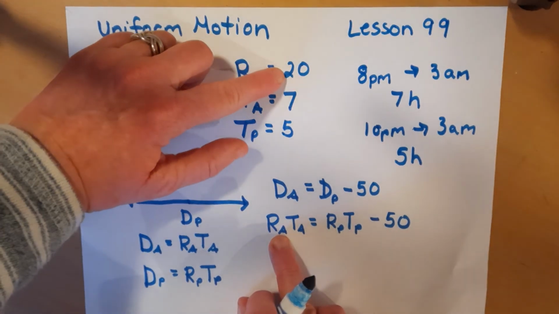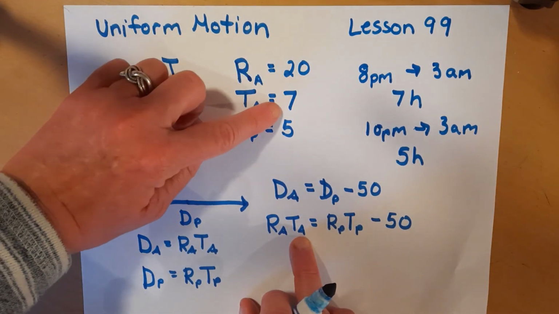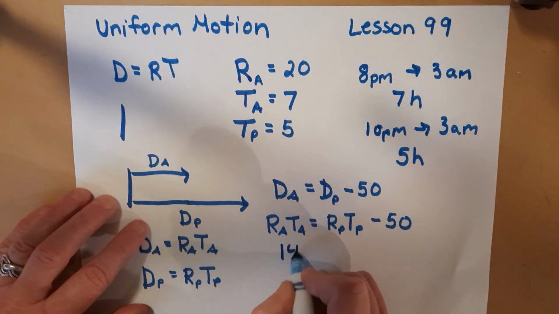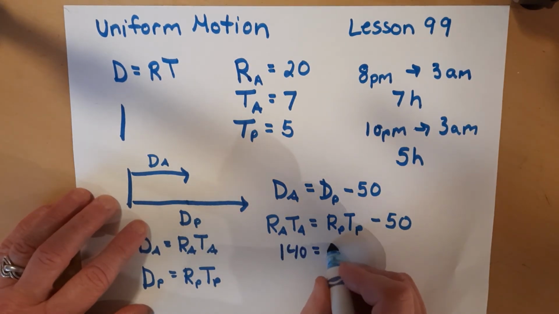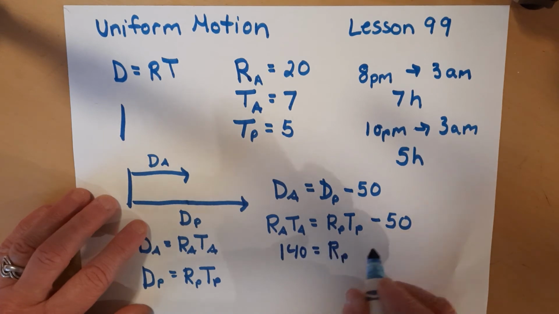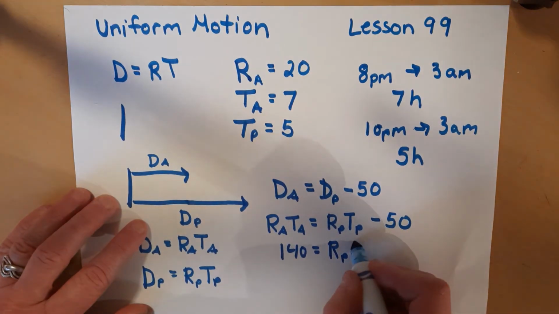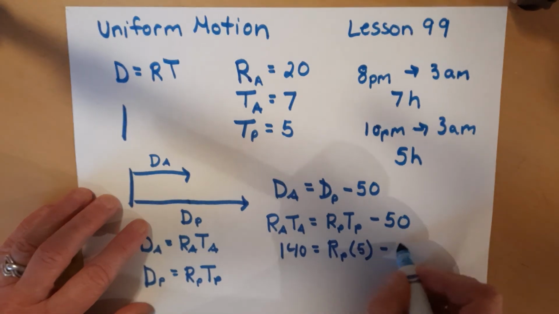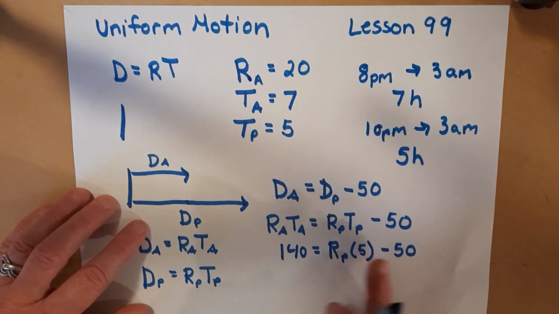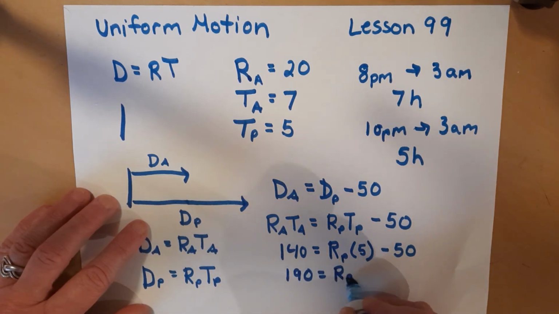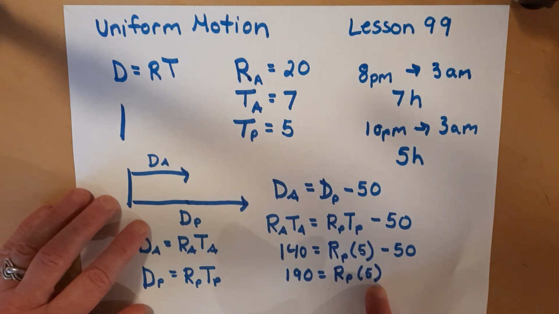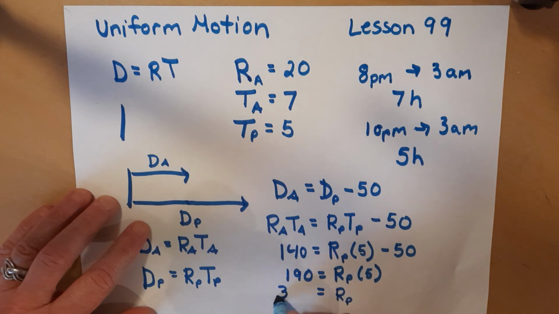So the rate of Achilles, 20, times the time of Achilles, 7, is 140. We don't know the rate of Patroclus, that's what we're trying to find out, but we do know his time is 5 hours. So we're going to multiply that by 5 and subtract 50. We're going to add 50 to each side. That gives us 190 equals the rate of Patroclus times 5. We'll divide each side by 5, which gives us 38 kilometers per hour. So the rate of Patroclus equals 38